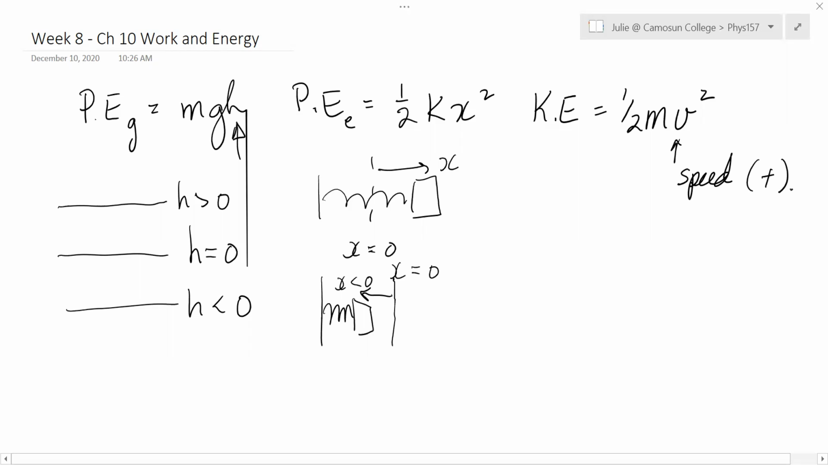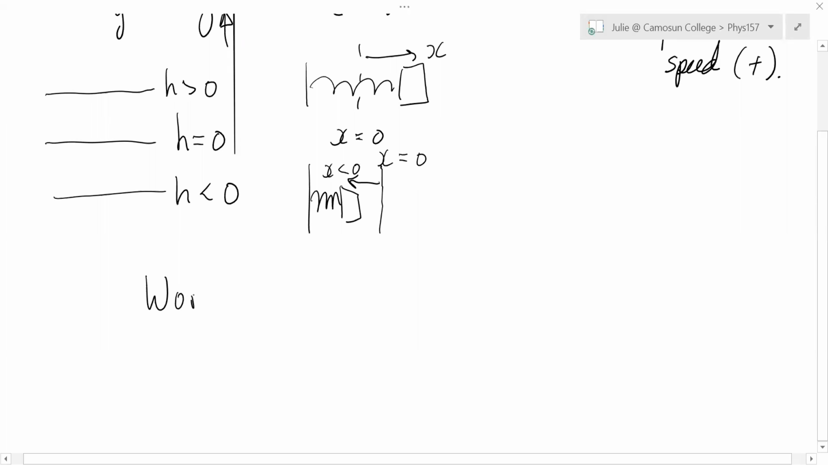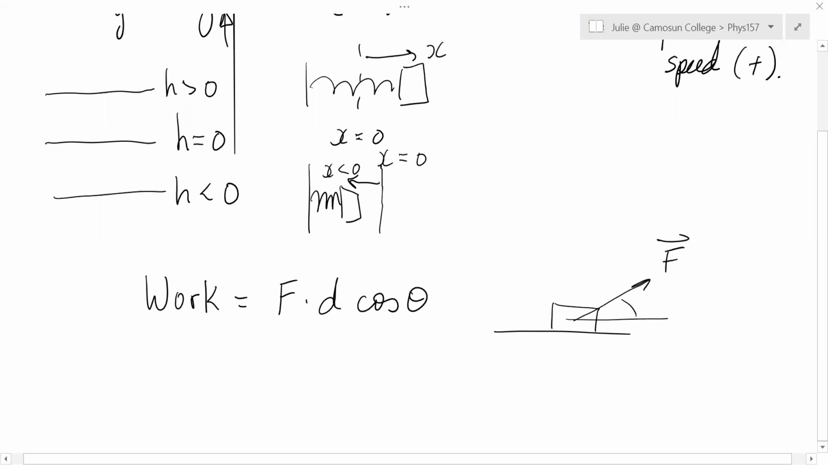Okay, now the way that energy changes from one form to the next is if some force does some kind of work. And so the definition of work is force times distance times the cosine of the angle between the two. So if you have a force acting at some particular angle theta, and the displacement is along the floor, then it's the parallel component, this F cos theta, that's doing the work. The perpendicular component does no work. So F sine theta does no work because it's perpendicular